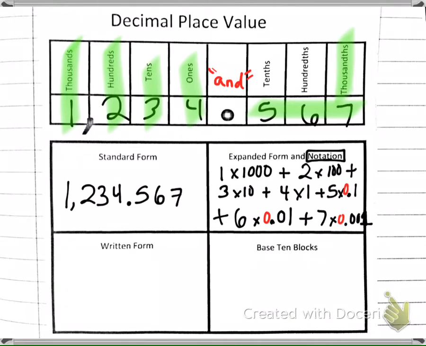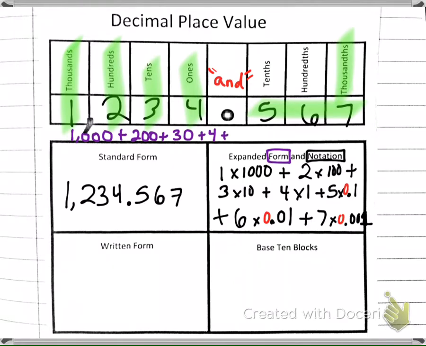To write the expanded form is not as long because it's a little bit simpler, it looks a little bit simpler, but it's still using place value. So I'm going to do that in purple. So here's my 1,234 and 567 thousandths in expanded form. First, I write 1,000 plus 200 plus 30 plus 4, and and means I'm just going to add the next digit,